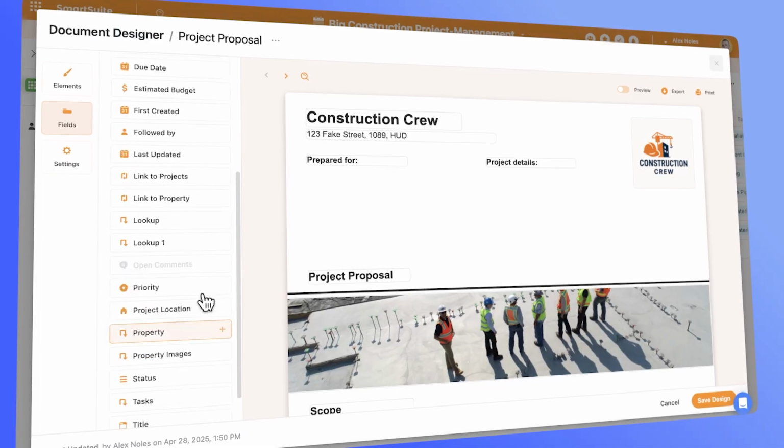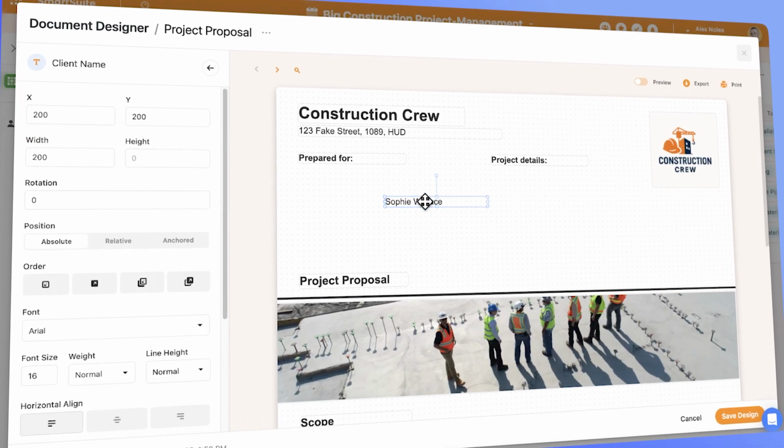SmartSuite can help you automate your client reports, proposals, and invoices. You can build docs and pull in your project details, client details, and automatically send these docs directly to your